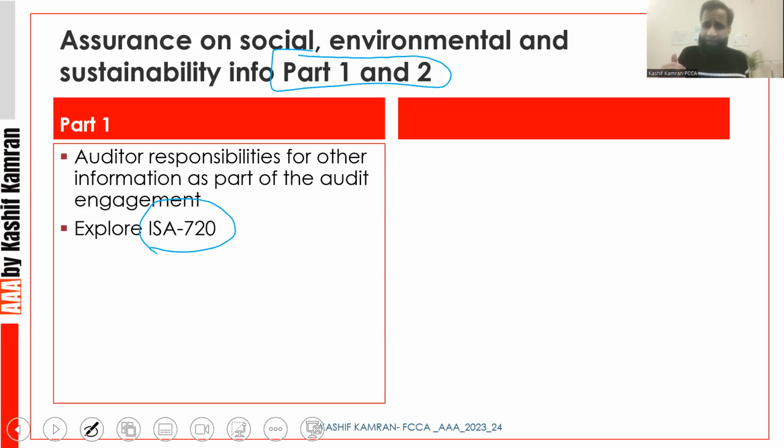So yes, the examining team can ask you what the auditor responsibilities for other information are, or the examining team can ask you what the auditor should do when he identifies a material inconsistency in other information. So that's typically the reporting part. Part 2